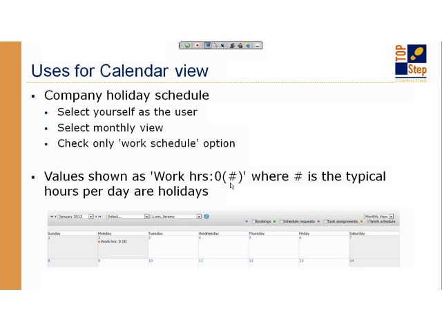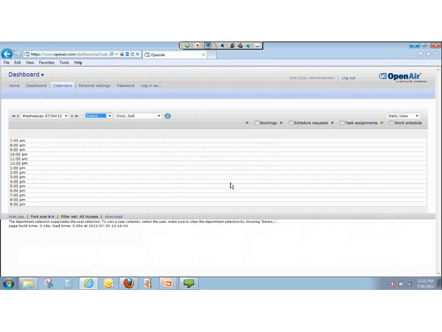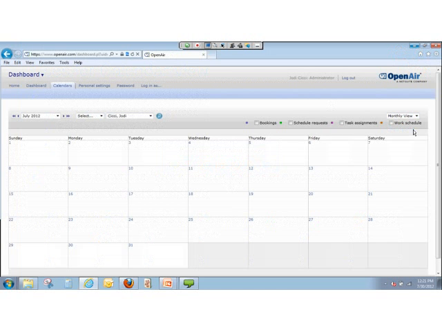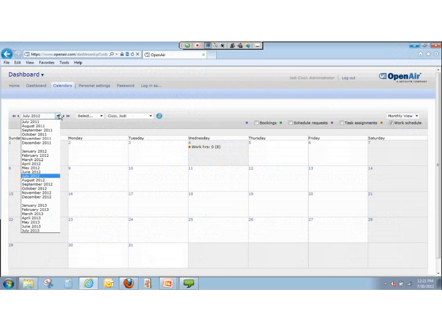But the work hours will still show you, and the day that it shows up on will be your public holiday. So if I take a look at my system, I'll change this to a monthly view. I'll pick it for July, and I click work schedule. And for those of you in the U.S., July 4th is Wednesday. That's typically a holiday for many of the U.S. offices. That's also a holiday in my organization. Now, it doesn't tell you what the holiday is when you're looking at a monthly view or even a weekly view. If I change it to weekly over here,